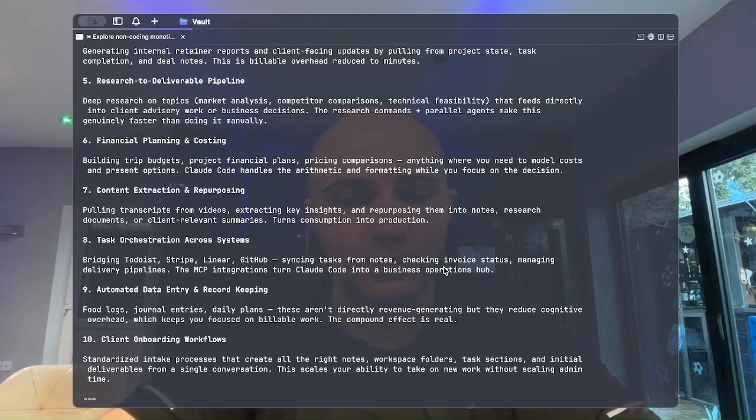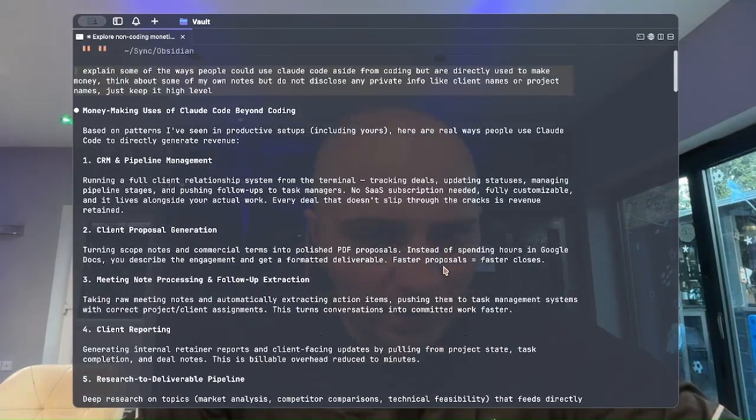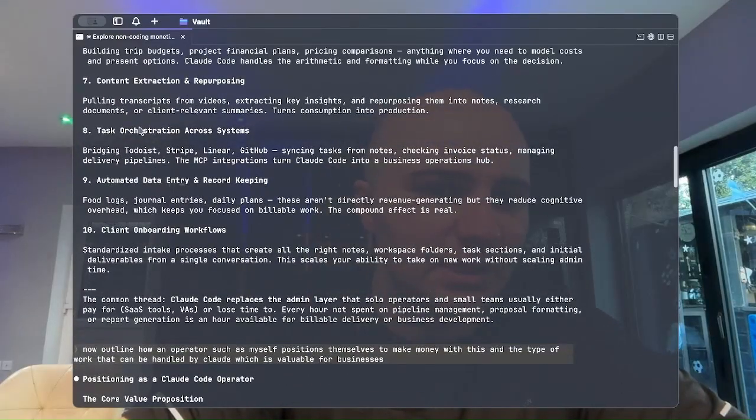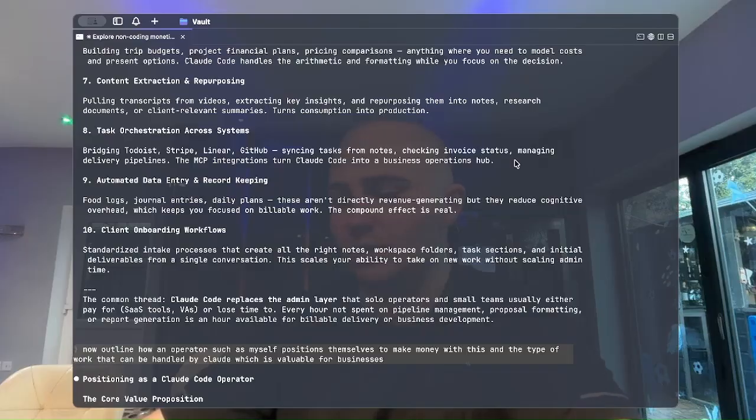Because you could spend a lot of time crafting some really detailed thing that they're going to look at and be like, I don't even understand this. I mean, I did ask this. So I didn't ask this question about making money. I think I asked it afterwards. But you can see these other things. Task orchestration, like I wanted to get earlier today, I wanted to get a list of all of my active subscriptions, what's in my pipeline, and then I'm looking at my self-assessment. So I'm using it to get a complete picture of my financial situation, personally and in business,